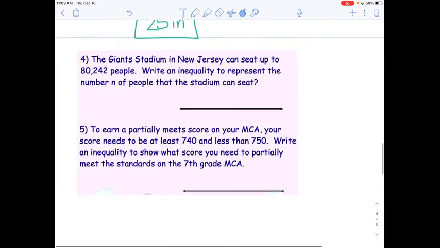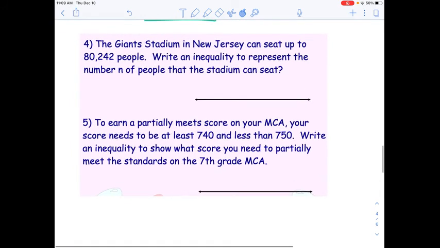All right, the next ones are review of inequalities. So it says the Giant Stadium in New Jersey can seat up to 80,244 people. Write an inequality that represents the number n of people that the stadium can seat. Okay, so we know n is the number of people, and it can seat up to 80,242, which means I